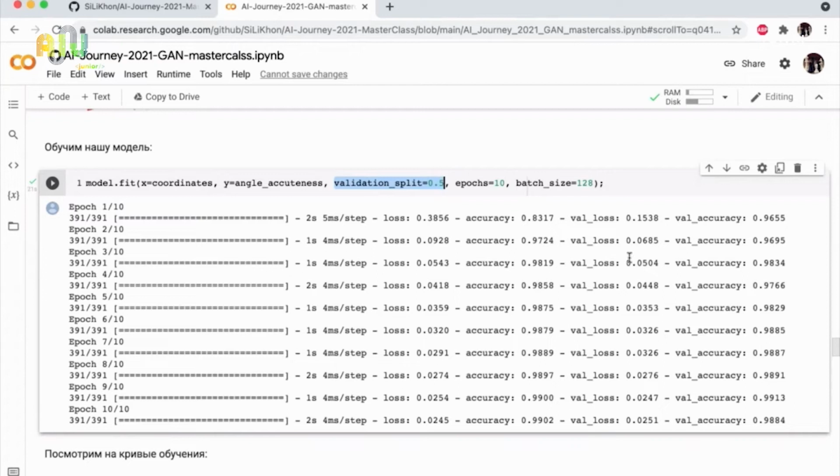And at the training stage, the model will not see others, and we will calculate characteristics, value of losses, and I added observation. Well, you see accuracy, the number of correct answers,